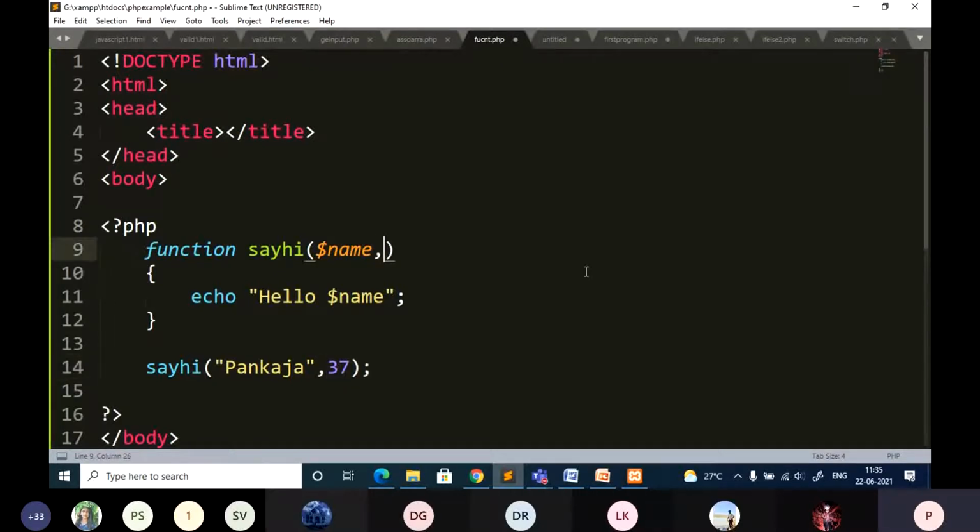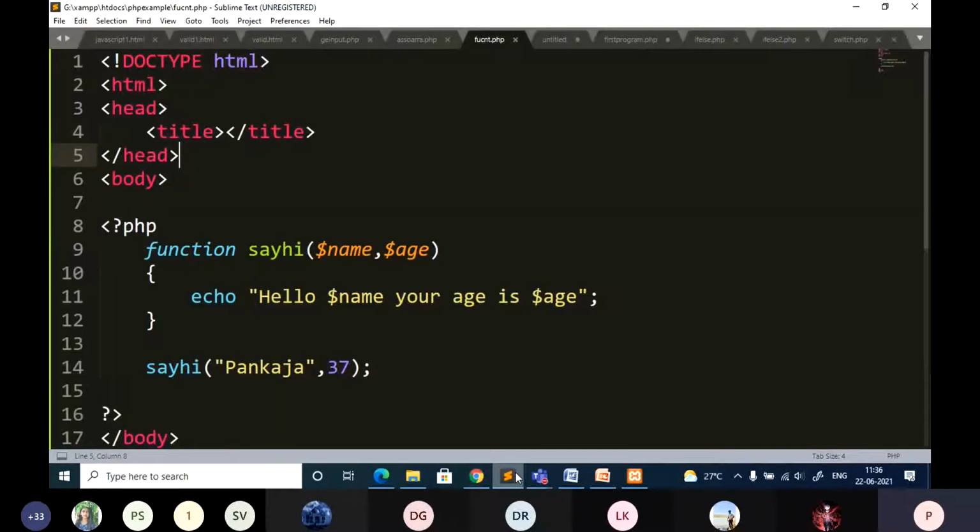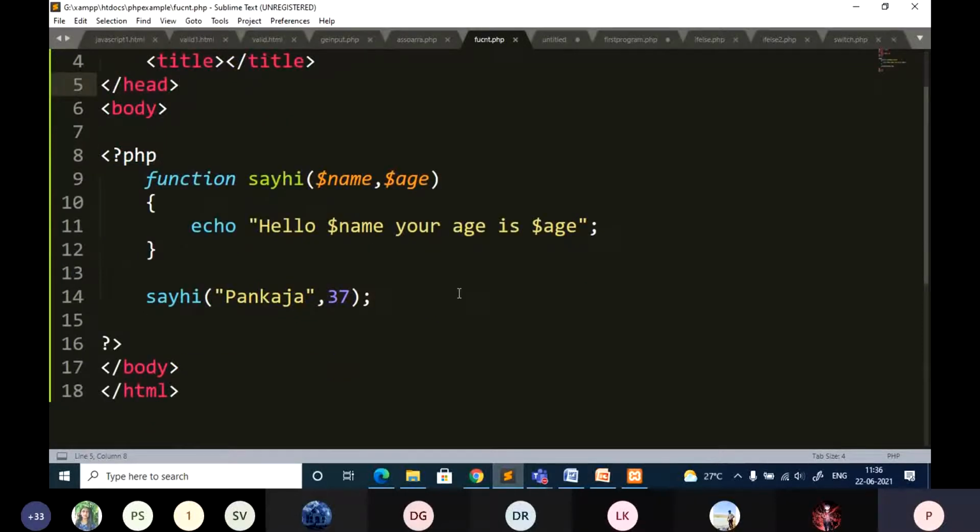Here you need to specify the corresponding parameter, $name and age. So I am passing two parameters: one is a string and another is a number. Now what output am I going to get? You can see it's so easy. If you know the fundamentals of any programming language, learning any other new language is not difficult. Only some minor modification of the syntax will be there.